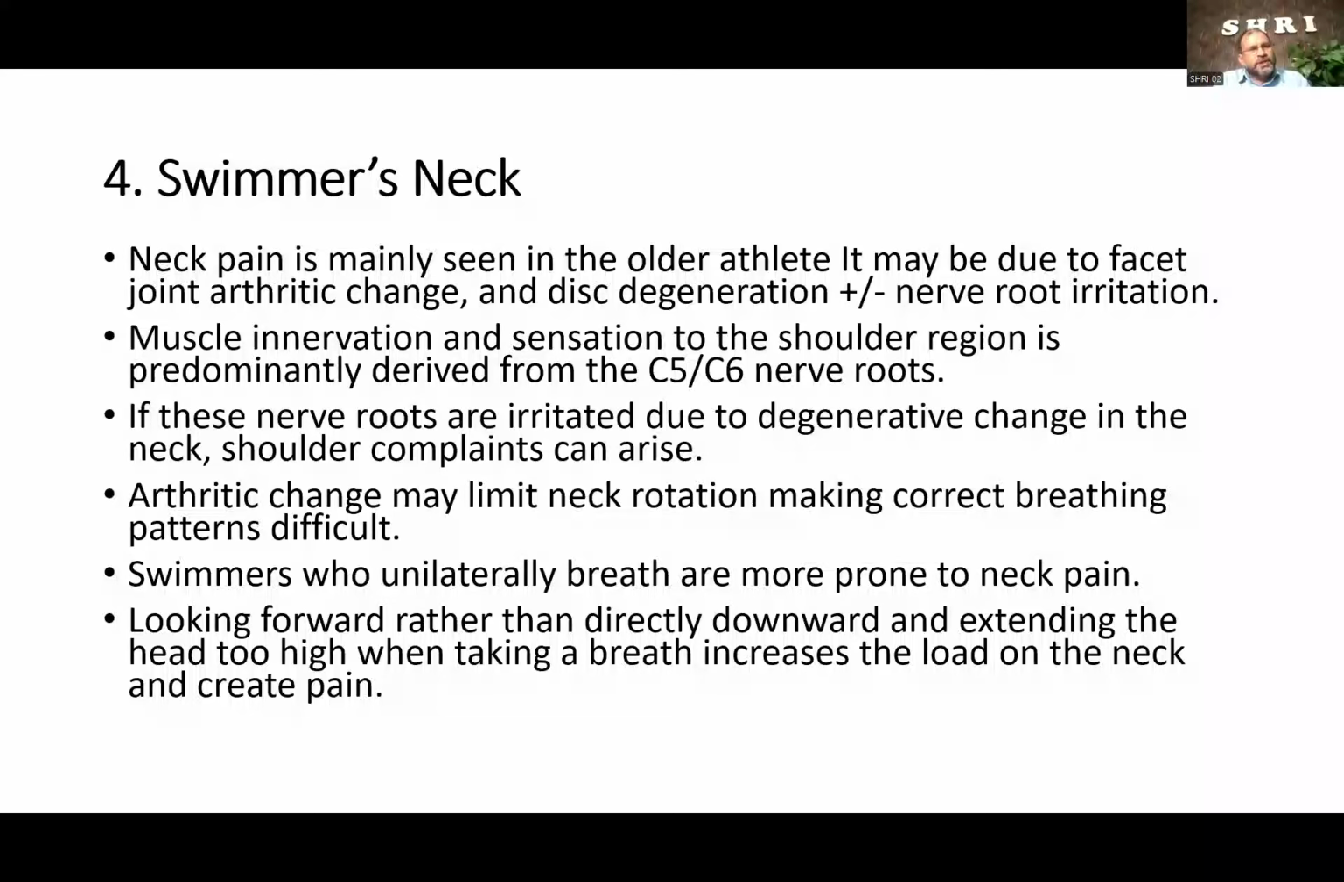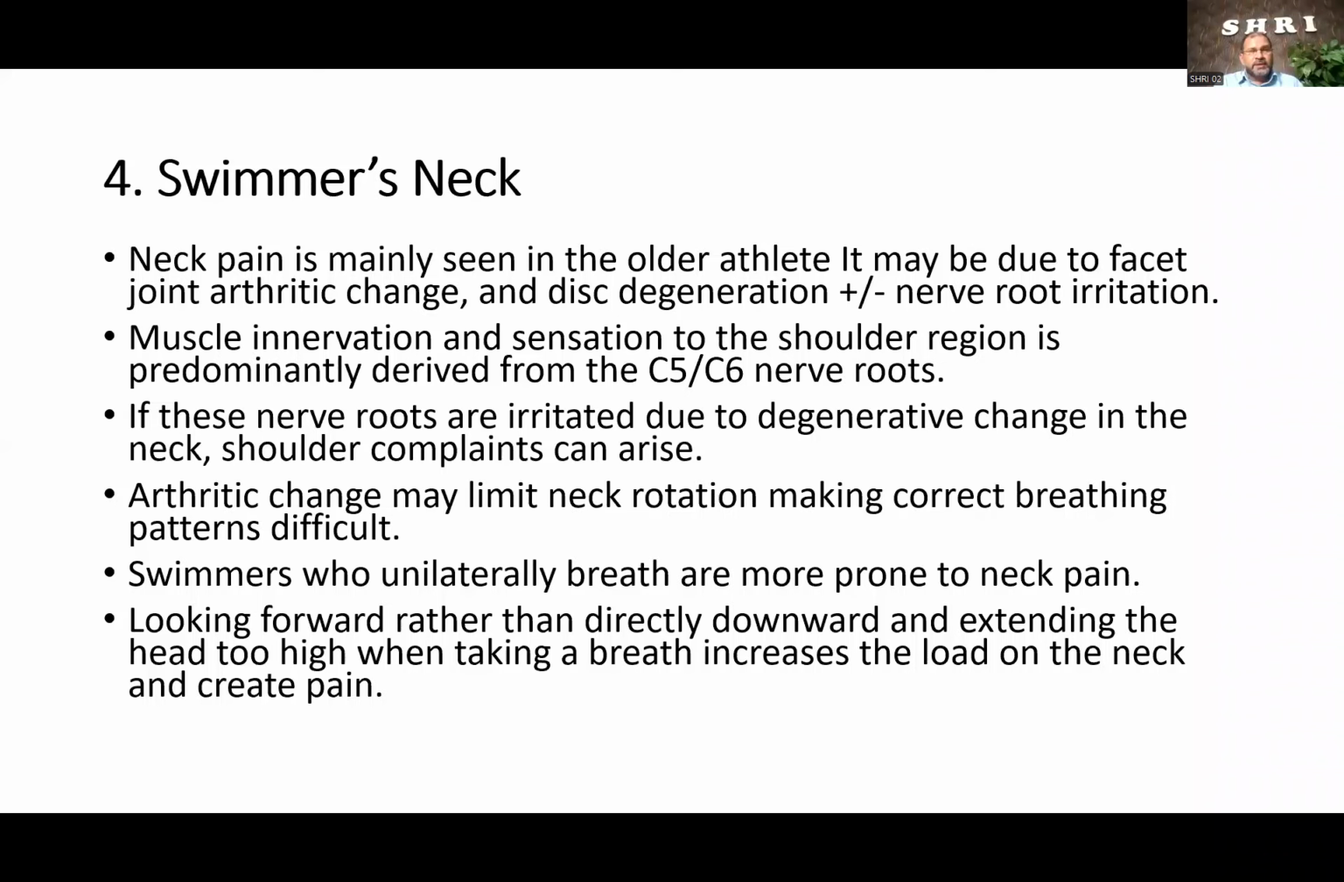The fourth overuse injury in swimming is swimmer's neck. So neck pain is mainly seen in the older athlete. It may be due to joint arthritic changes and disc degeneration without nerve root irritation. So here, in all the athletes, we have to see their x-rays and see whether there is any